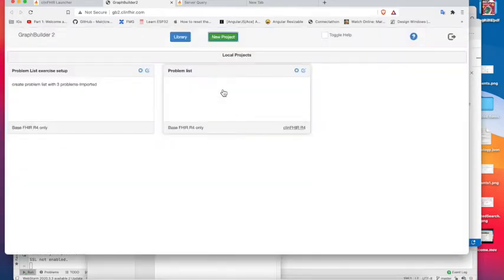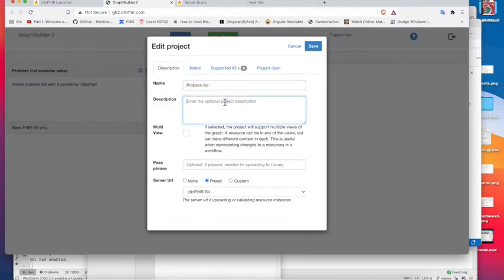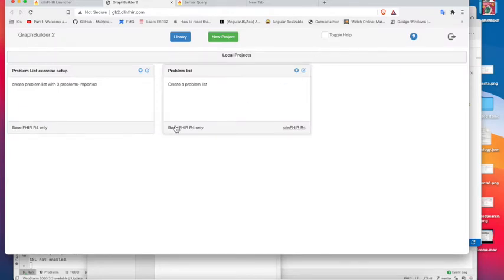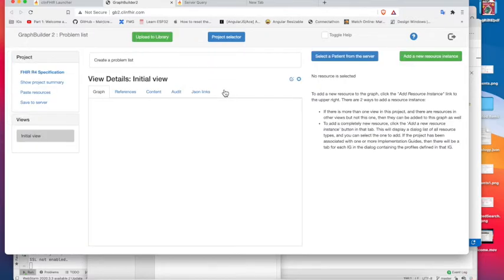So we now have the problem list application. Now you can edit your project if you need to. I realize I haven't put a description in, so by clicking on the edit link here, I'll give it a description: create a problem list, and we'll see that it follows the base FHIR R4. So I'll click on that to select it, and this now brings us into the main work area for the